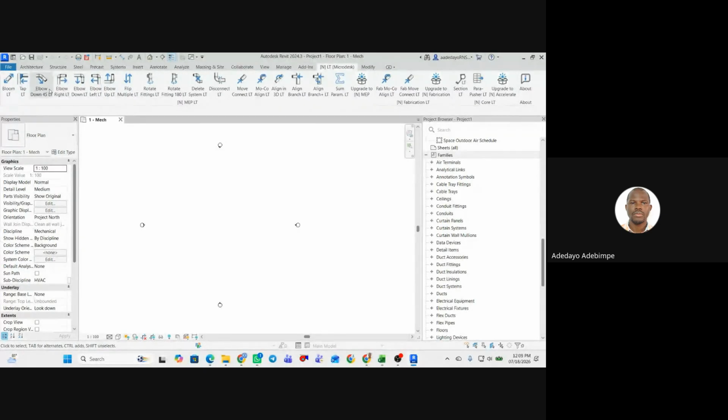It helps if you are modeling pipes and all those things. It may save your life, because let me tell you this: one of the hardest things to do in Revit is doing piping, because it comes with a couple of errors if you don't know what you are doing. If you don't know what the things you need to check are, it will tell you this pipe is not what's it called. So, I mean, modeling ducts might be easy, but for a mechanical engineer, I think piping can be somehow funny and can throw up a whole lot of warnings and errors, which is one of the things that